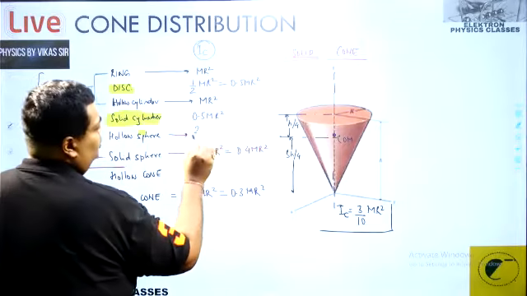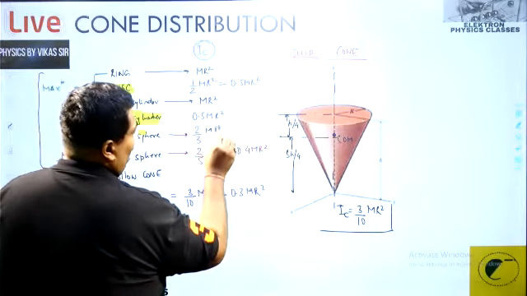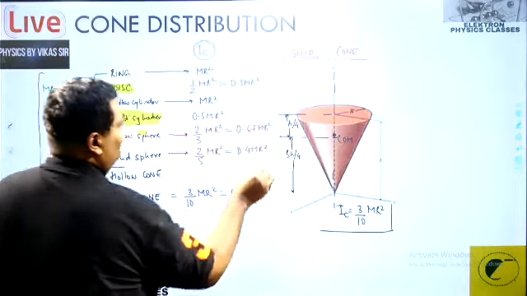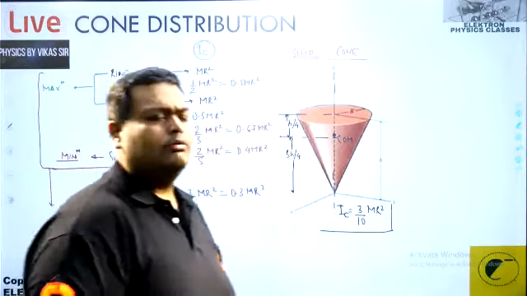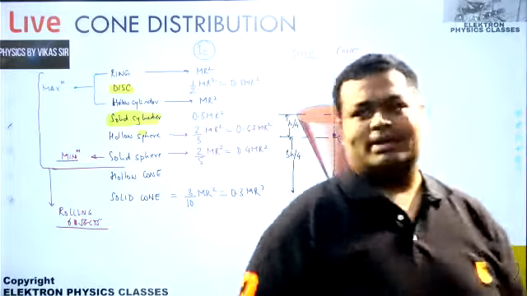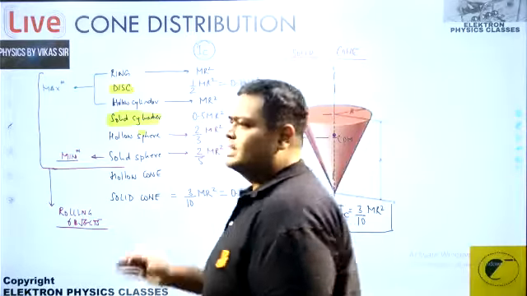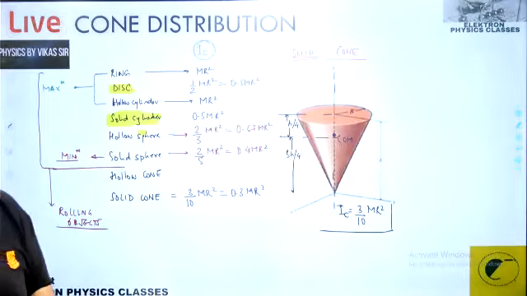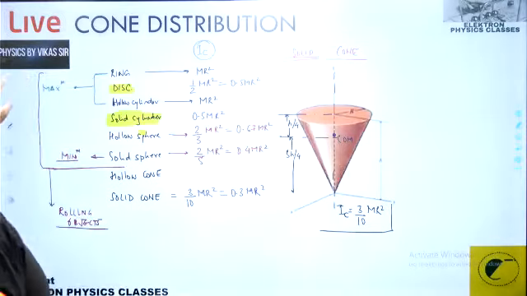So hollow sphere is 2/3 mr square, and that's 0.67 mr square. We have technically seen how those particular values come in and how they are obtained via integration. So here are some of the standard results. Of course, we have other results for the case of the cone, which we have discussed so generously. So let's proceed further.